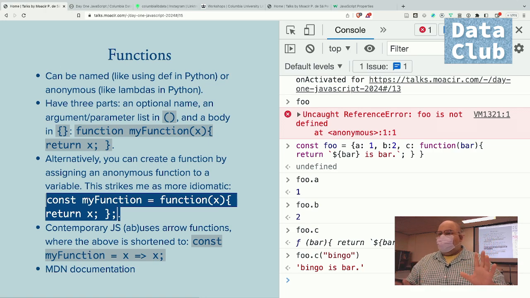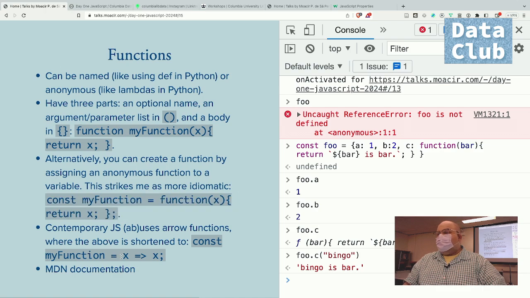But it's close enough. And this feels to me idiomatic. Even more idiomatic is the arrow function shorthand, which I fight myself every time about whether I should even mention it, because it is so terse, but it is even more idiomatic, which is const my function looks the same. You skip